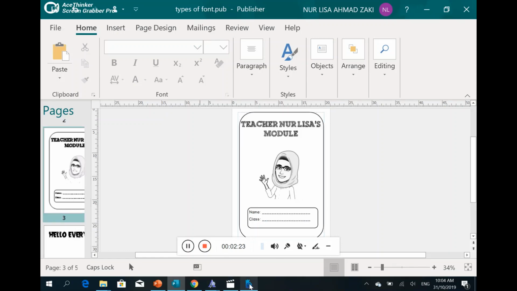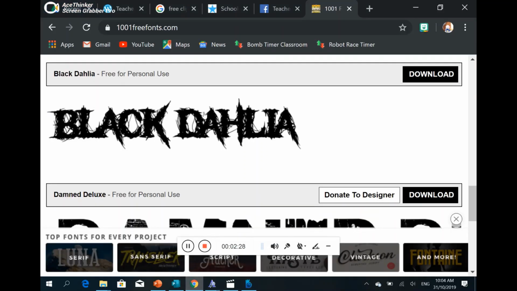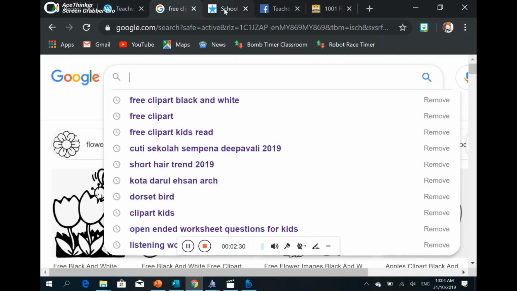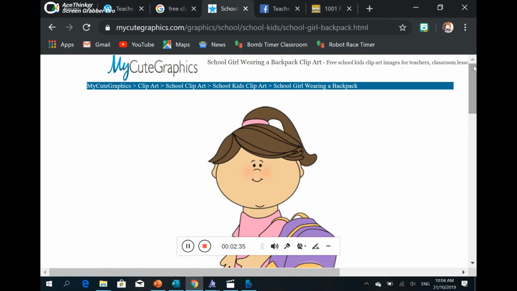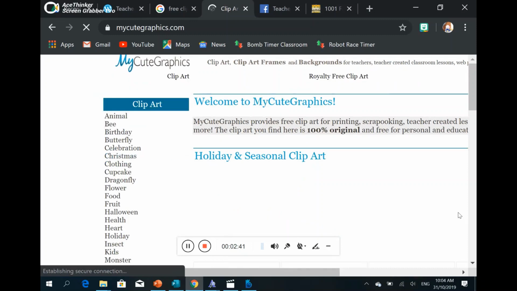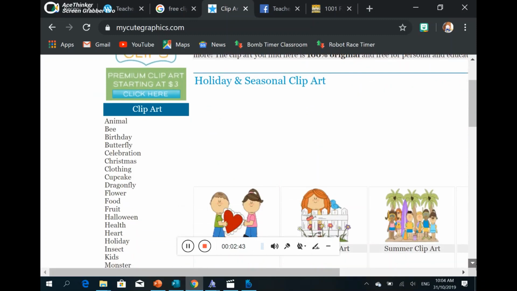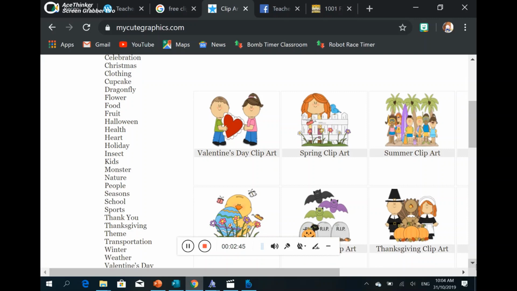Okay, so now about the clip arts. You can actually go to the clip arts. To be short, you can go to this site, mycutegraphics.com. So you can actually download this cute graphics that you always wanted from this. It's a free clip art, so you can actually use them to download and use, because you don't need the copyright to download them. Okay, my time is nearly up, so I think we'll continue in another